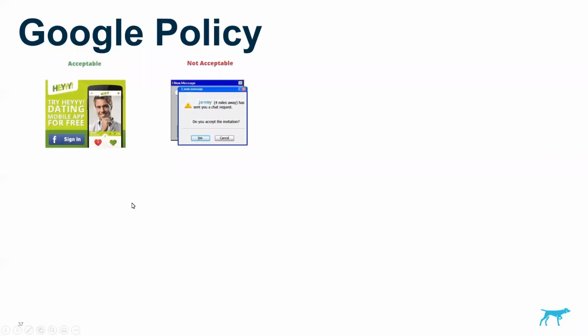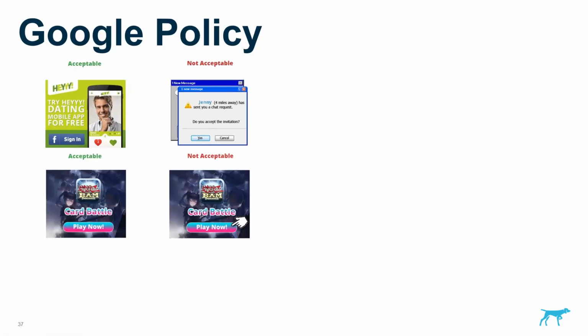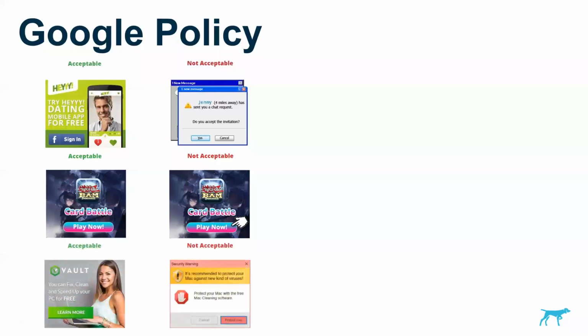So we've got fake messages. What's good about these examples is they show the same business, but with the acceptable and not acceptable ad types. A dating ad is perfectly acceptable, but on the left we see, oh, try this out. It's got all the images, but on the right it's a fake message: do you accept this chat invitation? This one down here has a misleading cursor, so you can't have things in your ads that imply that the cursor's there for the user. Any misleading antivirus alert is similar to the message ad.